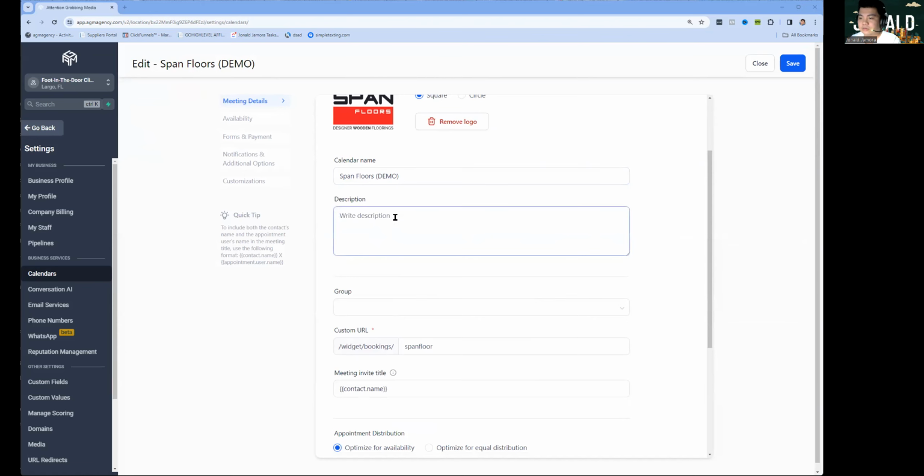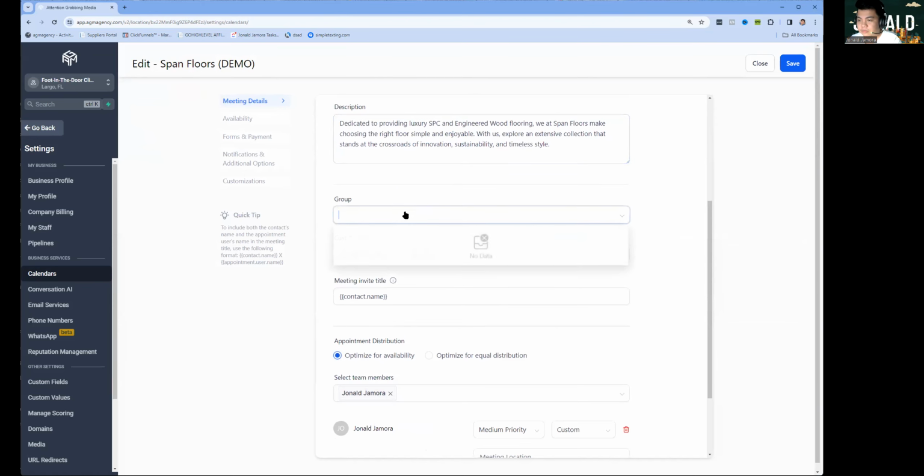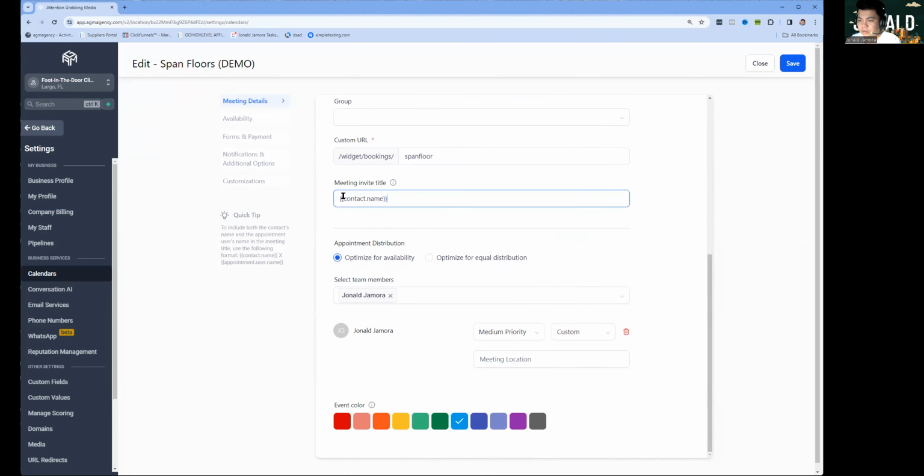So let's say, for example, here, the description. Groups normally are, let's say, for example, if you have a specific team of sales teams, you can put them into a group. You can also update your meeting title. This is what's going to show on the automated emails. So there are a couple emails that are going to be sent out. Gohighlevel calendar automatically sends out a confirmation email, but you can also customize your own. So we can call this free consultation